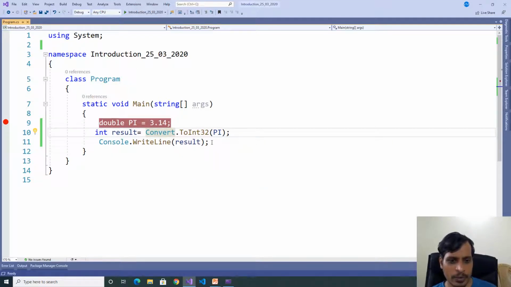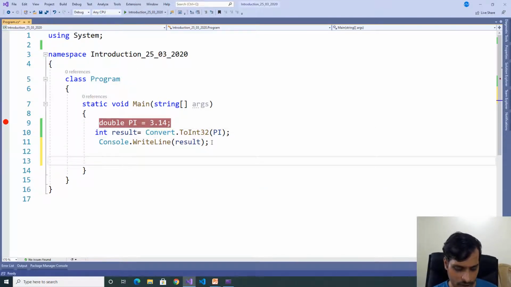Now we'll see another example. String s equal to double quotation 1, 2, 3. If you provide anything in double quotation, that is a string. Here 123 is a string. Now we'll convert string to integer.